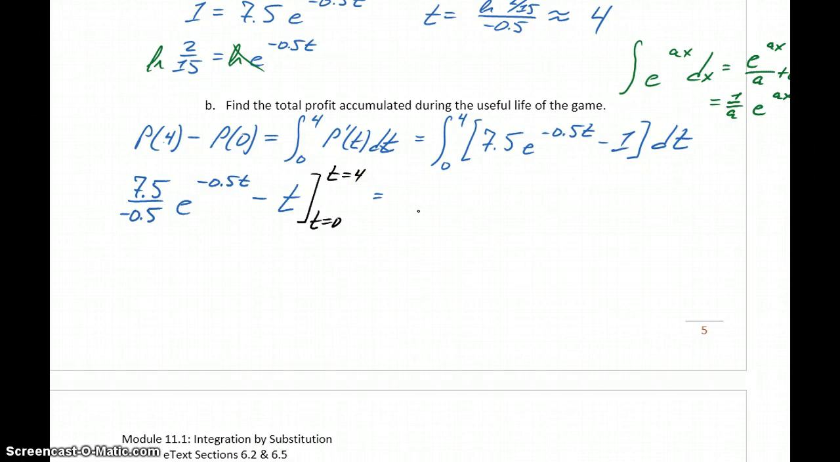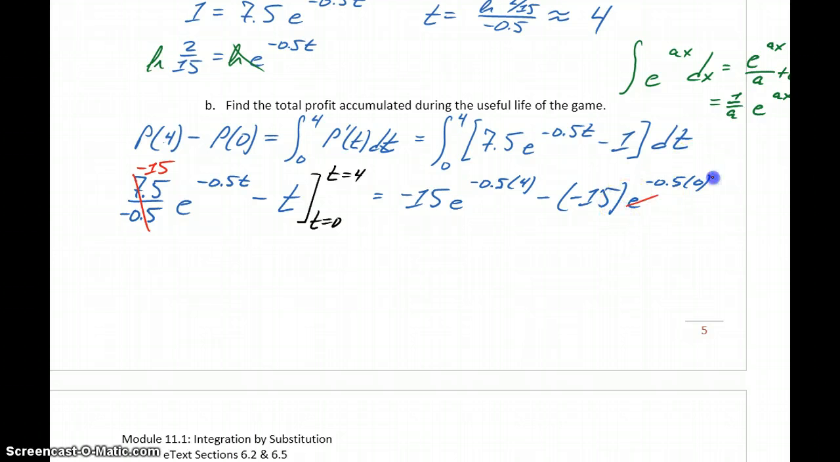So 7.5 divided by negative 0.5 is going to give us negative 15. So this will be negative 15 e to the negative 0.5 times 4 minus negative 15 e to the negative 0.5 times 0. So anything to the 0 power is just 1. So we have negative 15 e to the negative 2